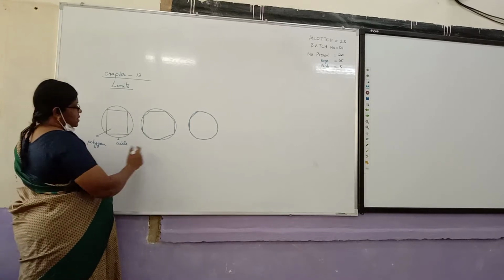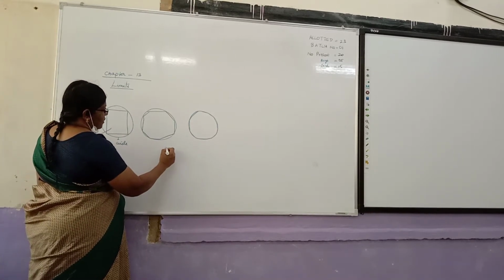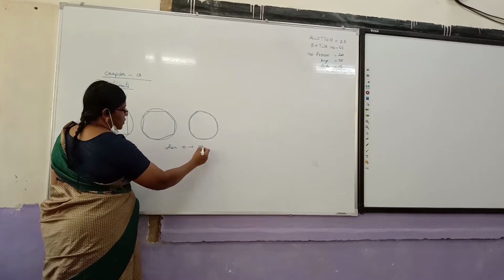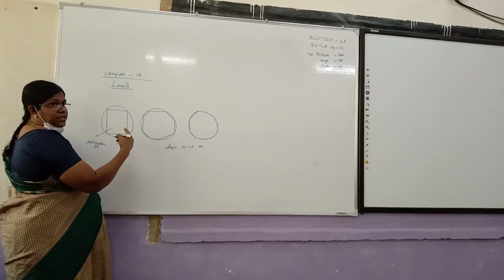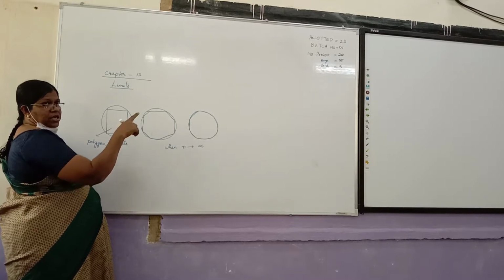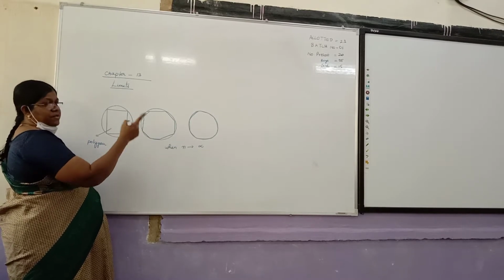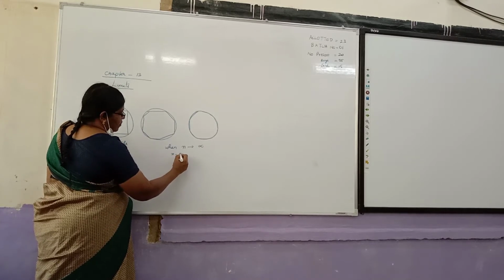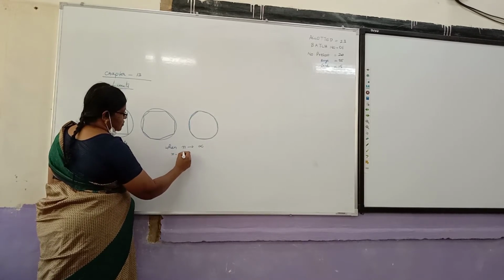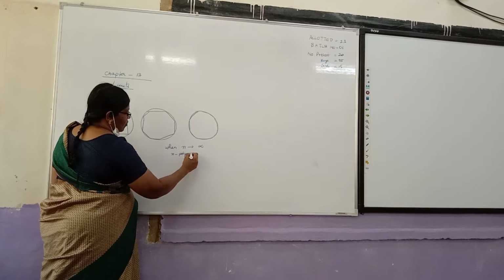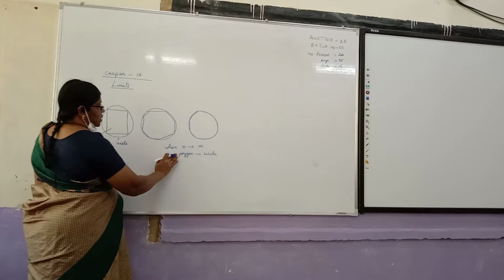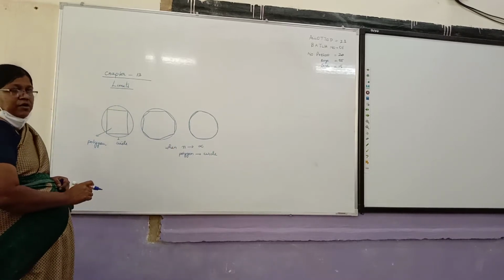Limits is when n tends to infinity. As n increases, at one stage the n-sided polygon tends to become a circle. This only means limit. When you say limit,